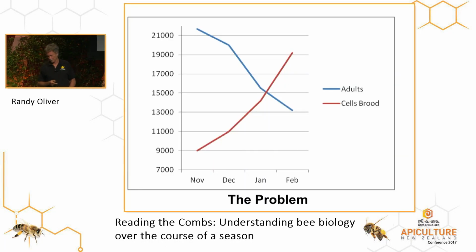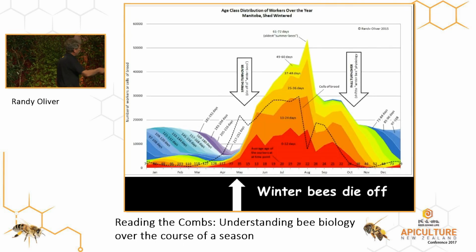Now here's the problem. Those winter bees, which were long-lived bees, and I'll get to that later on, that can live for 100 days, 200 days, the moment they start rearing brood, they revert to summer bee physiology. And their expected lifespan from that point is about 35 days. So once they start, and it's going to take 20 days for them to rear the first generation of brood, half of them are going to be dead in 35 days. So as your brood rearing goes up, your adult bee population starts dropping from aging. And you can see this happen right here.